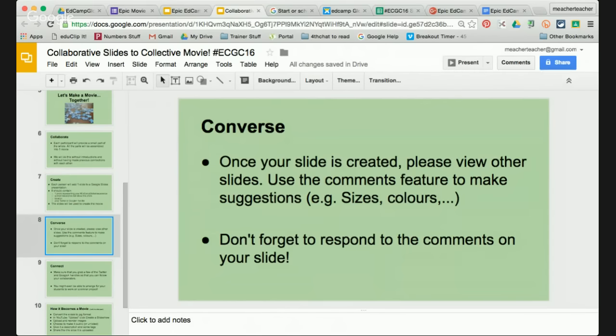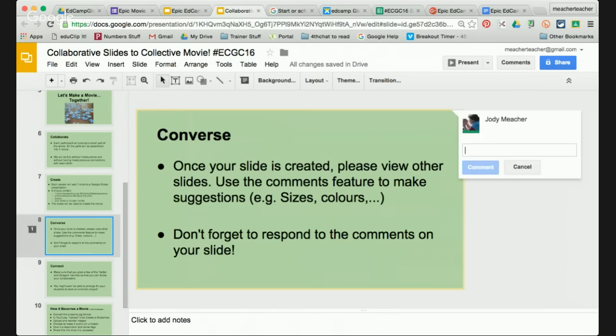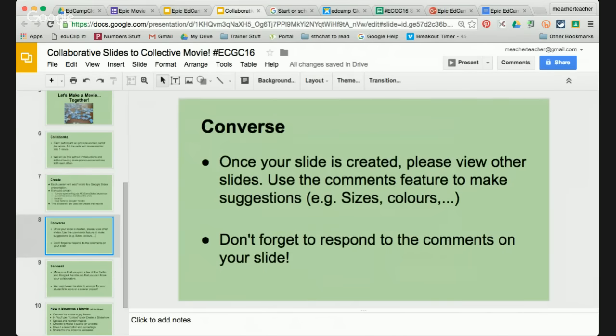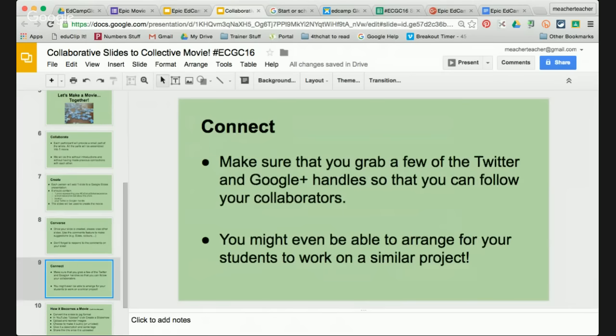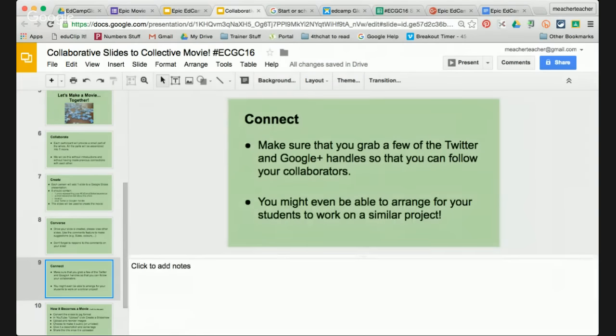If you are on the computer, you're going to click comment and you can type a comment about this slide. If you are working on your iPad, you will not have access to the comments. So what I suggest for the iPad is you work in the speaker notes. And so don't forget to check speaker notes in case somebody from an iPad has a comment for you.